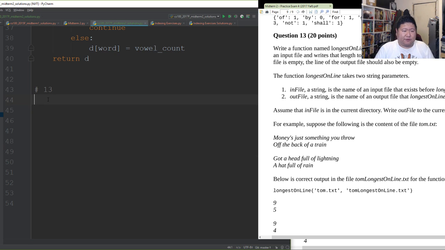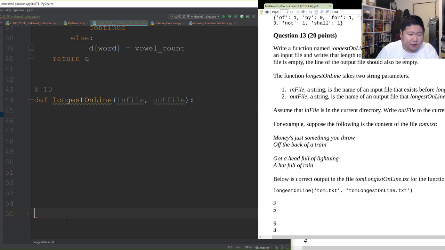If you notice, I don't even read over the question in detail at the beginning. I just go ahead and fill in all the stuff that I know how to do right away, in the file, out file, because you should know how to declare a function right away. So what this is going to do is find the length of